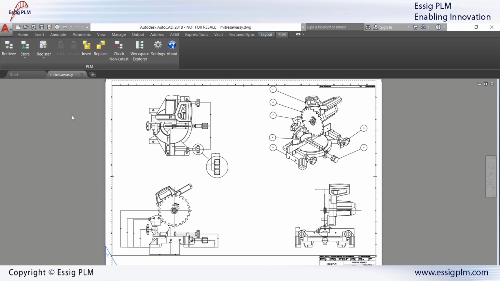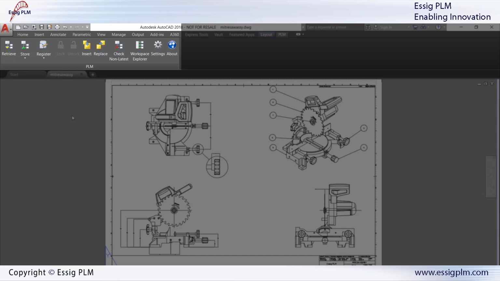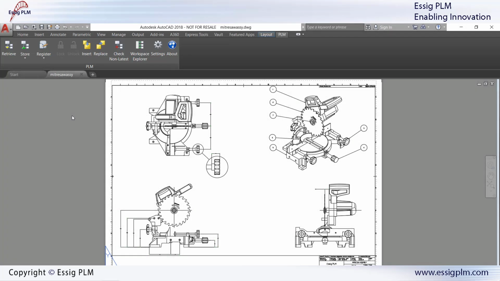Let's first have a look at how the connector is integrated in AutoCAD. Accessing the connector functions is as easy as opening your AutoCAD environment and using the integrated connector ribbon menu. Without leaving AutoCAD, you can register your CAD data and generate part numbers in Aras Innovator, store your drawings into Aras Innovator, retrieve your drawings from the Innovator Vault, lock and unlock in Aras Innovator the drawings currently in session,